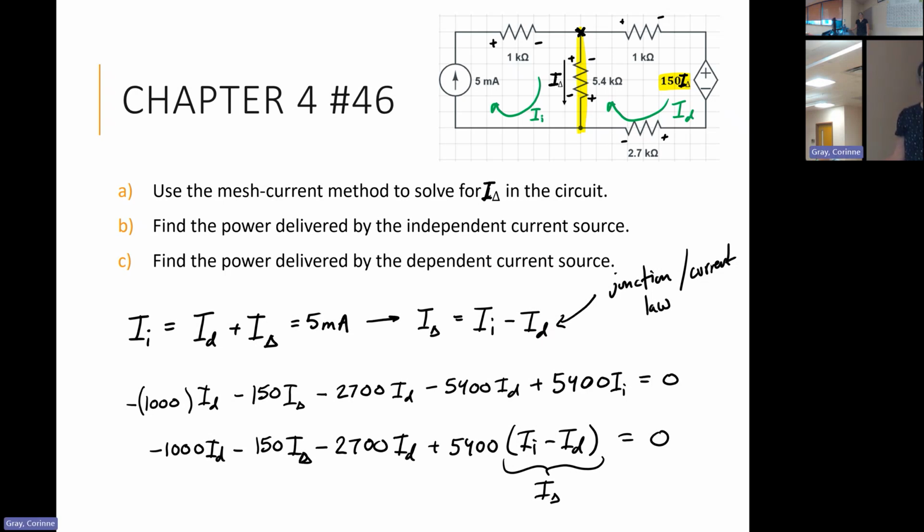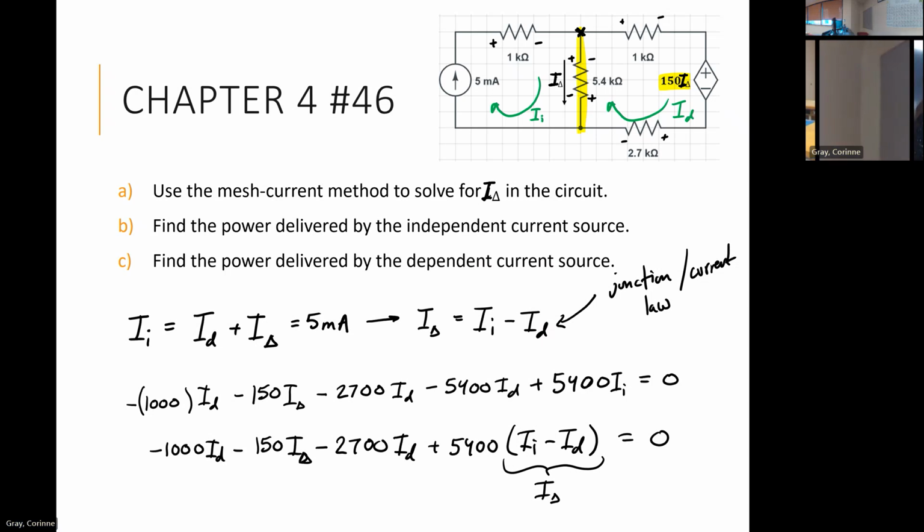Question. Does this help us? Yeah. How? Because now we have less variables to solve. Okay, do I know ID or I delta? No. What do I know? Yeah, we know II. So instead of doing it this way, even though it's more awkward, because eventually we want I